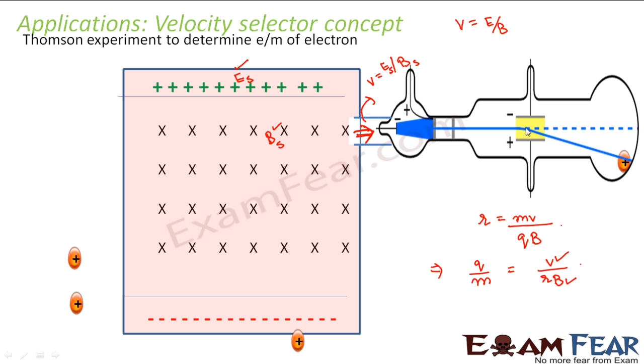This radius is the one by which this particle again got deflected, because when this particle went inside, again some field was applied because of which it got deflected. So there he got another radius. This radius he knew, and that is how he calculated the value of charge by mass for the electron.